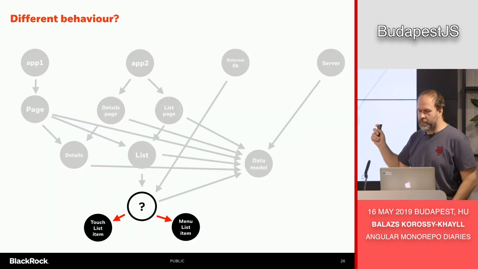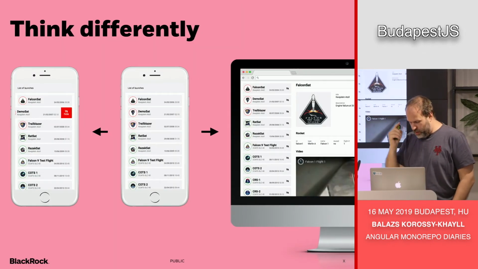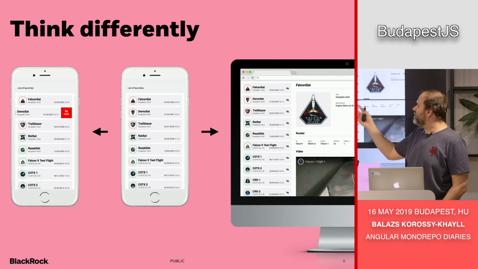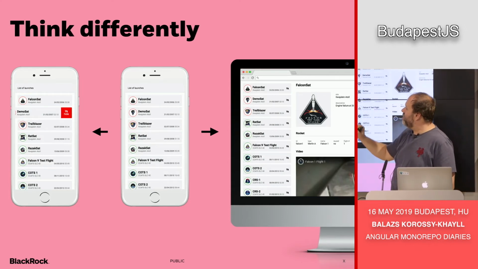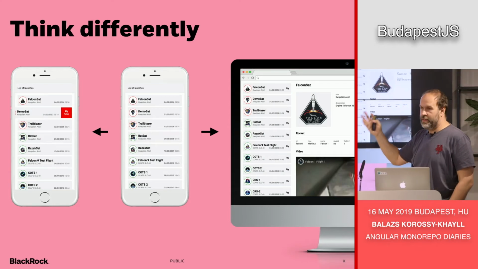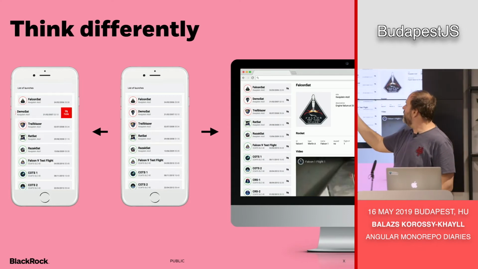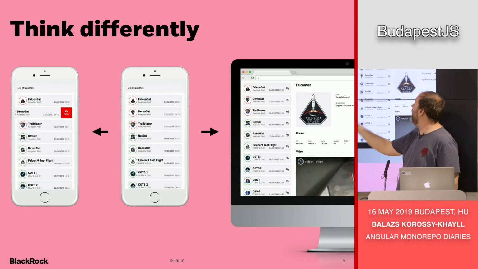So consider this problem. One day, your designer comes with this great idea that these cards should have a quick action. And indeed, that's a great idea. Why not? The problem is that it's going to be different on the phone and on the desktop.